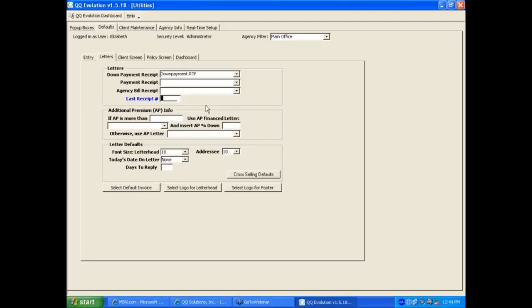The additional premium info section allows you to choose which AP letter to send out when there's an additional premium due. So if you have an additional premium of more than $50, let's say, you can choose which additional premium letter to choose from. Now we do have quite a few that we've created for you, but you can also go into QuickWord and